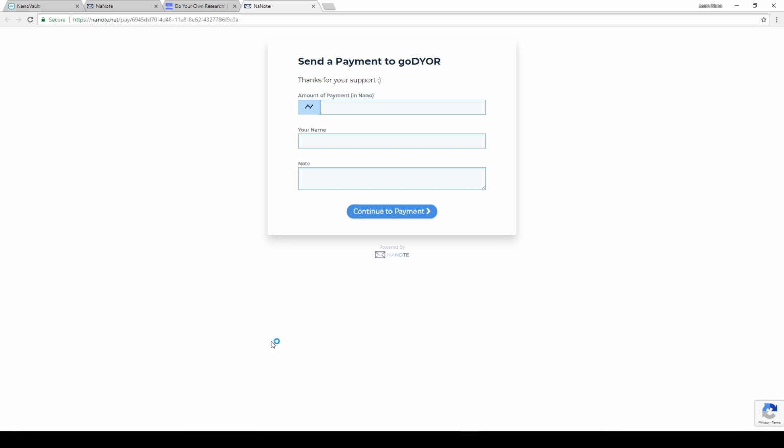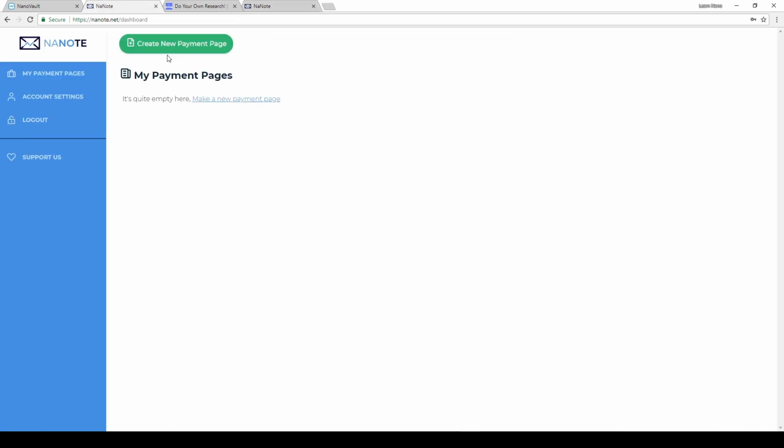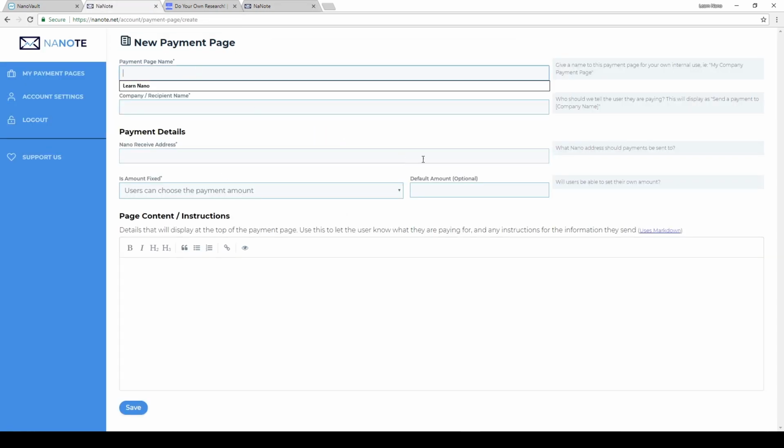A payment page is simply one of these pages that someone would go to send a donation. Now, most of the time, you're only going to need one, maybe two payment pages, unless you have a lot of different companies, a lot of different services that you're doing this to. Really, unless there's a bunch of different forms that you need for whatever reason, one payment page would probably be fine. So I'm going to make a new payment page here,